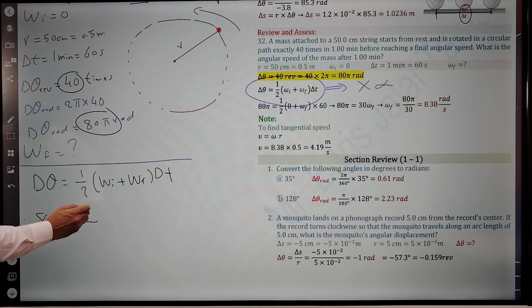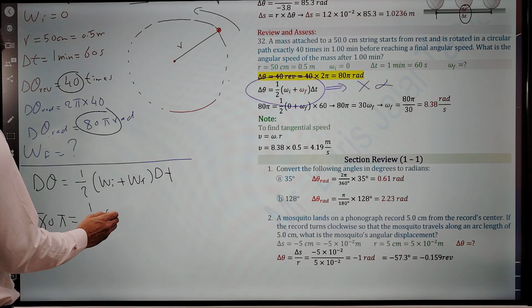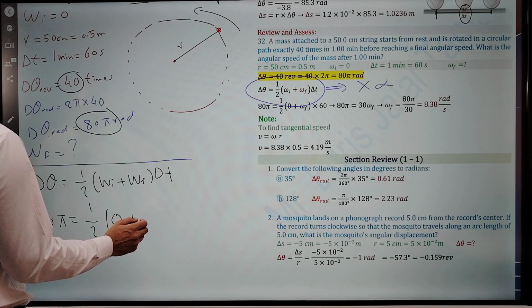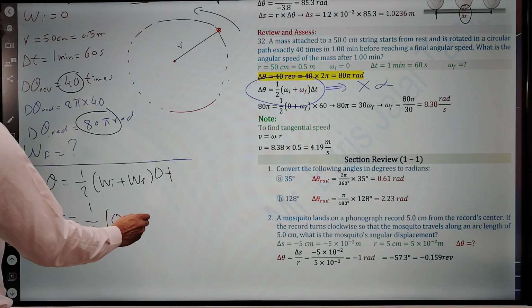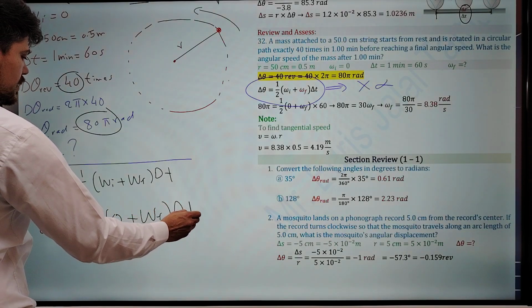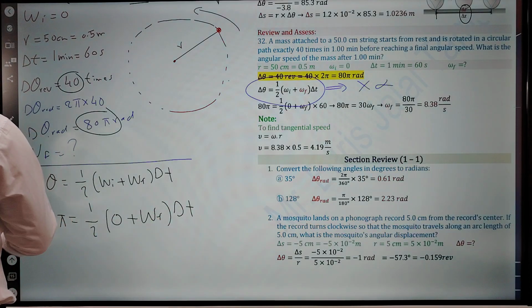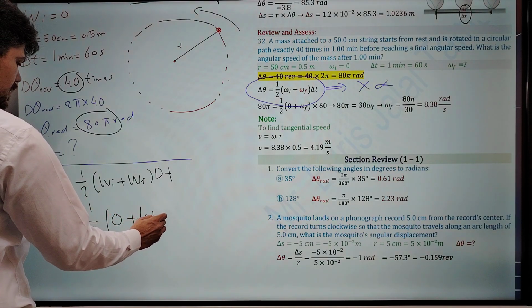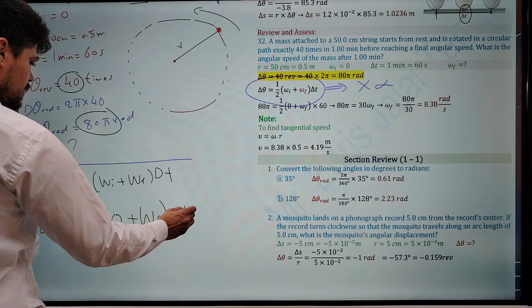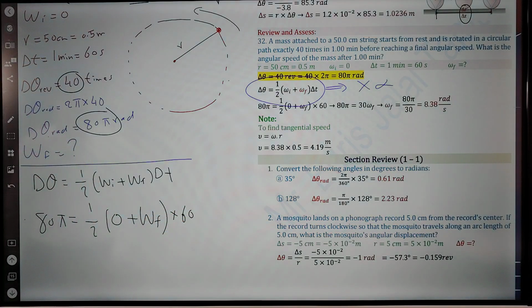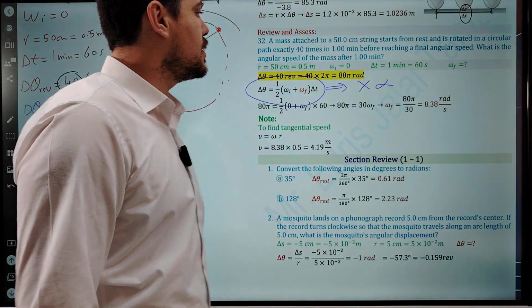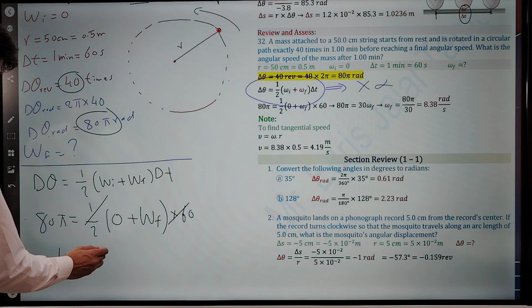So 80 pi equals 1/2 times omega initial 0 plus omega final, which is unknown, times delta t, which is 60 seconds. The 60 cancels with the 1/2 to give 30, and omega final is equal to 8.38